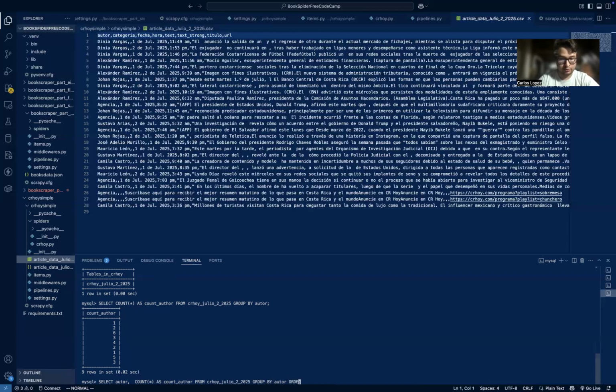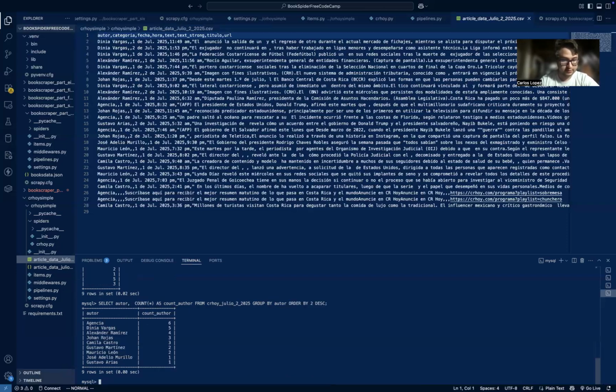So we select count as count autor, from zero, group by autor. Then we can order by 2 descending, right? So we can see that Agencia, oh no, Agencia wrote 6 articles. I was wrong, so I have to check my counting. It is a little bit more difficult when it comes to the CSV files, but I think we can